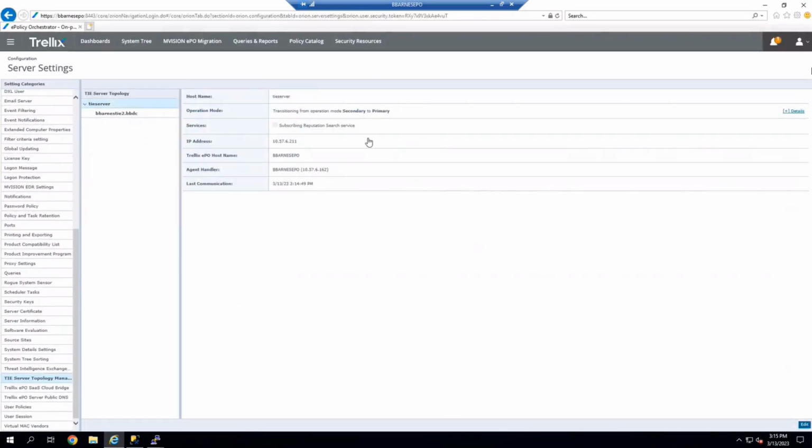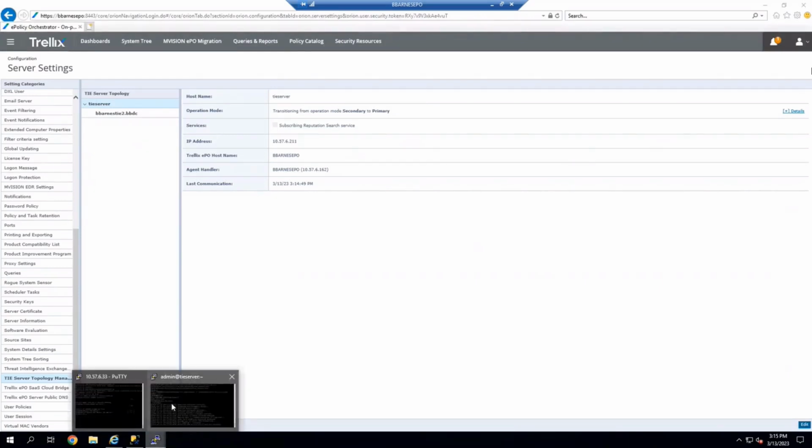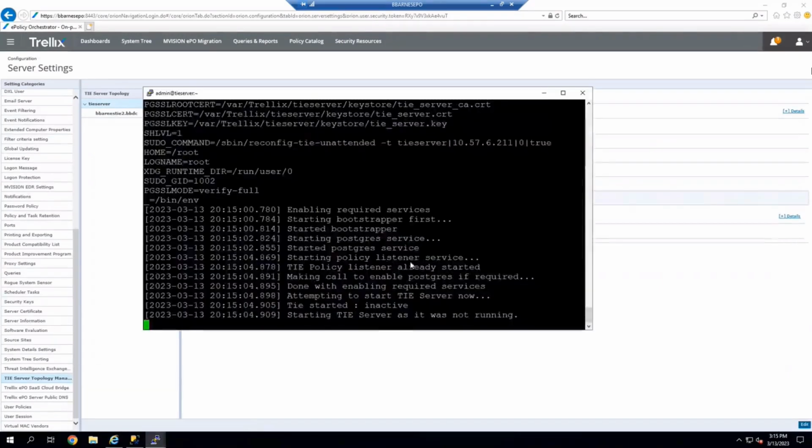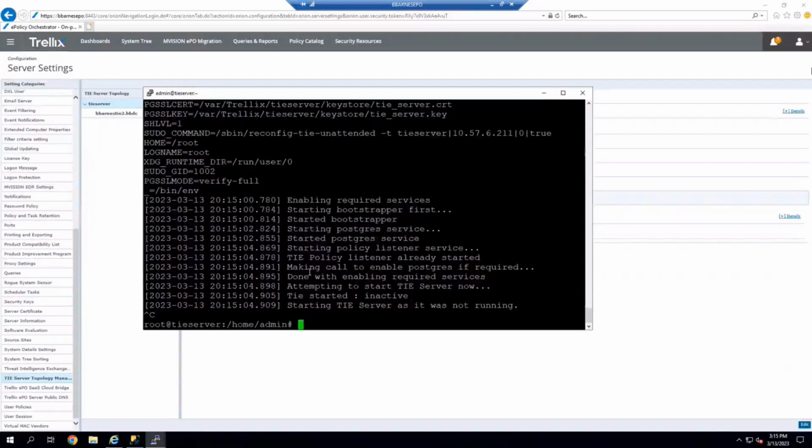So once you reload that, you should see this server here. This change from secondary to primary will also be logged in the same reconfig time.log. It's also a policy update that has to be deployed, so you can send a wake up to that device to help it get that a little bit quicker. Another option, if you're already on the device,